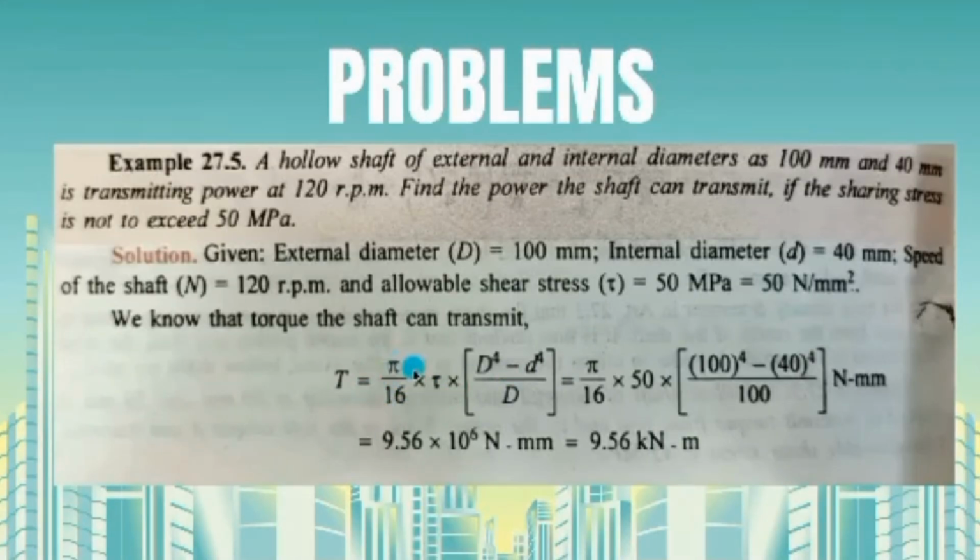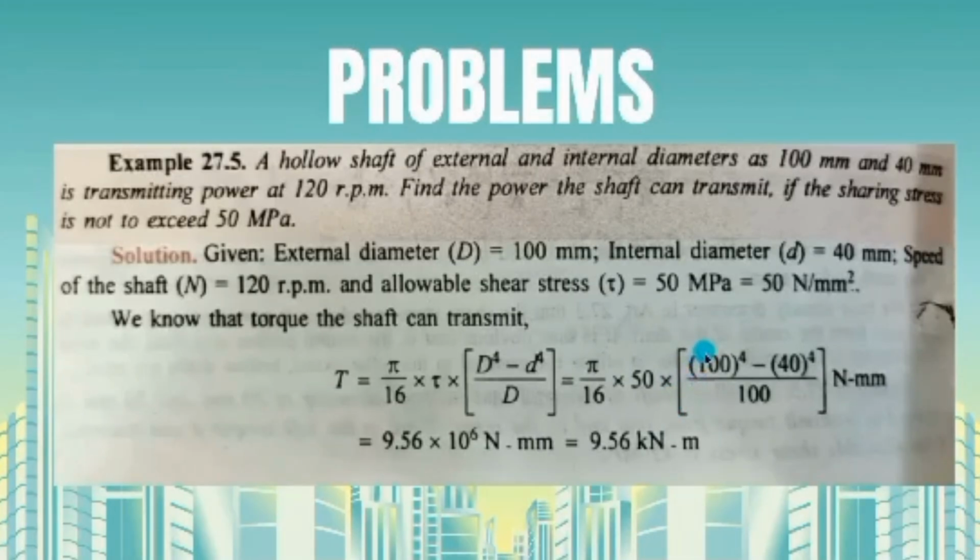So first, we put pi over 16 times shear stress times opening bracket external diameter raised to the power of 4 minus internal diameter raised to the power of 4 over external diameter, close bracket, equals pi over 16 times 50 times